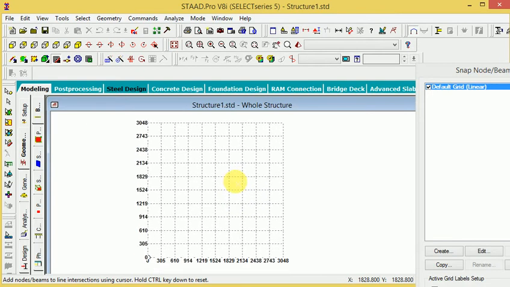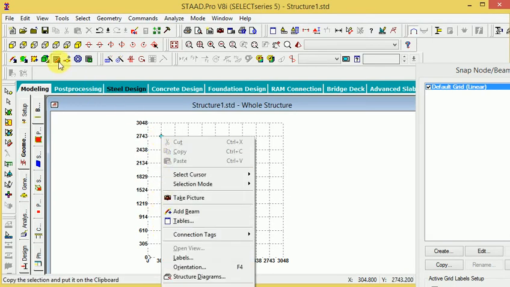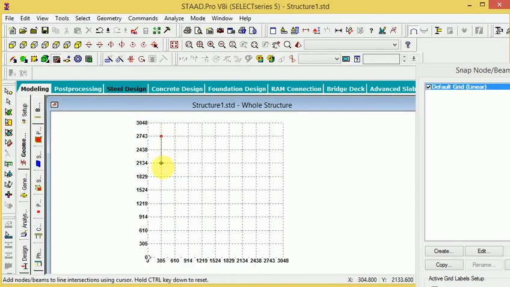So let's start the diagram. First of all, create this point and start this point and join this point. Same thing, start here and join this point.